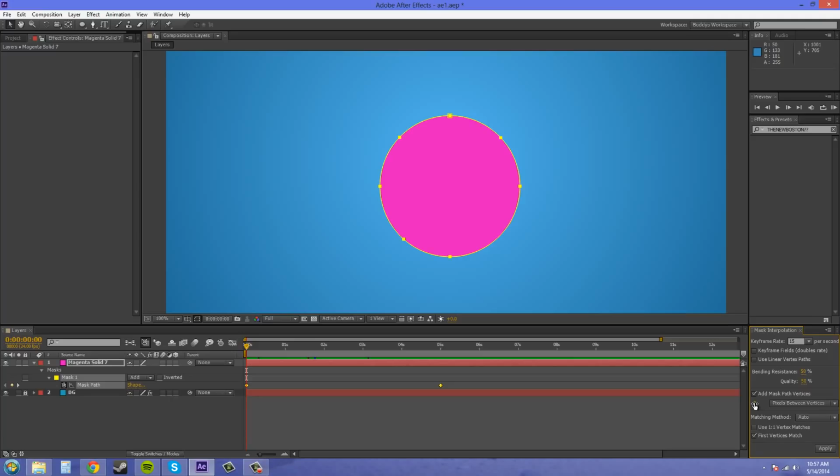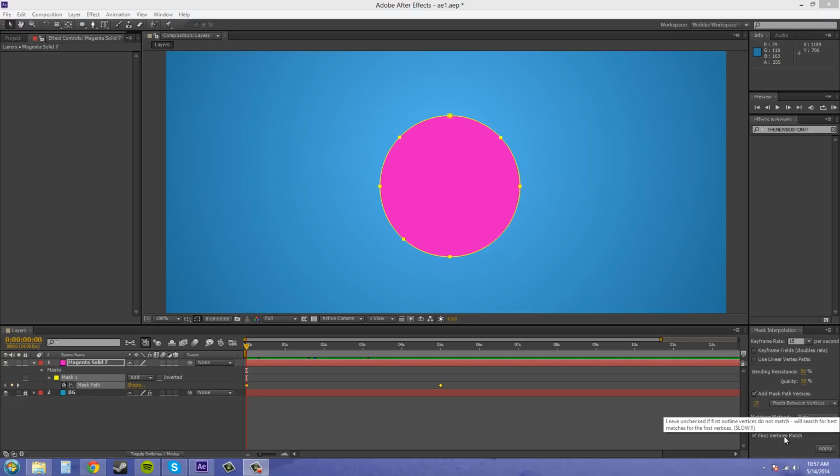Pixels between vertices right here: if you lower it, you're going to have a lot more points. If you increase it, you're going to have a lot fewer points. I felt for this one we didn't need a whole bunch of points, so I put that to 15. Matching method, you pretty much just want to keep that on auto, and then use one-to-one vertex matches. You don't really ever want to have that checked. The first vertices match, you want to always have that checked, because which vertex you start from is pretty